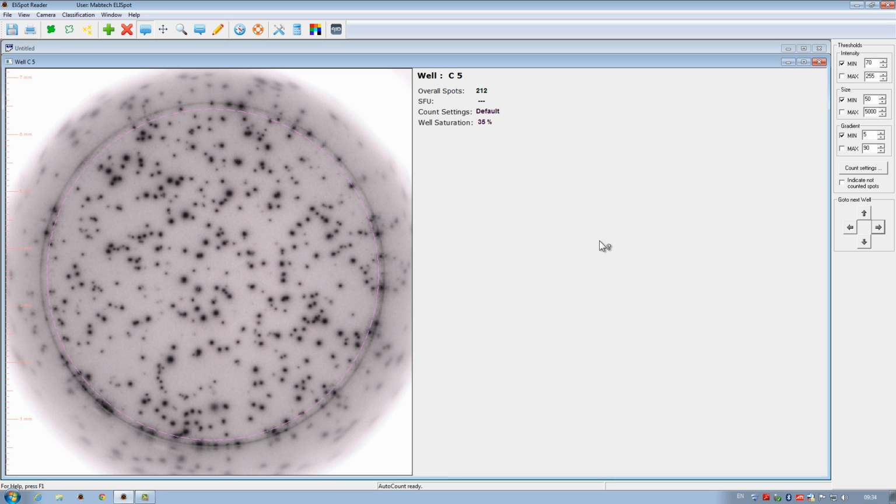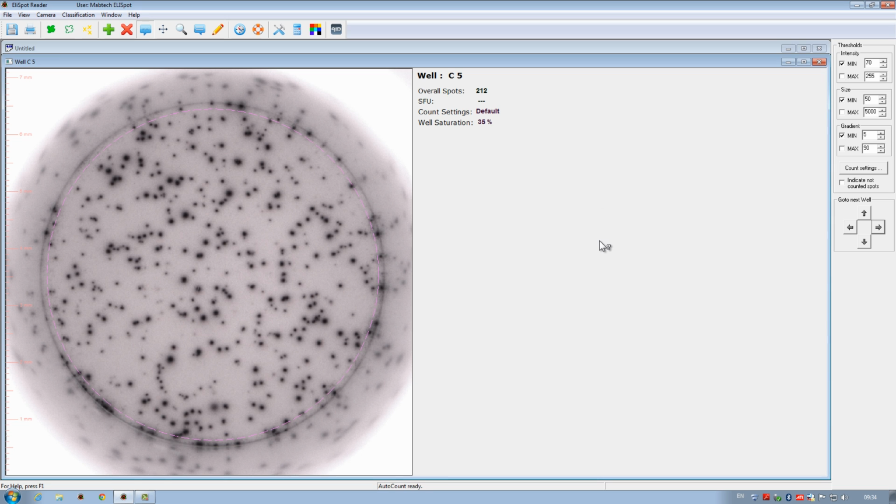Above, you have a number of clickable buttons that give you access to features such as removing artifacts, adjusting the position of the AOI, and showing you which spots have been counted. This last function actually has 3 different options, in that counted spots can be indicated using either yellow crosses, blue circles, or colored dots. On the right hand side, we have the count setting thresholds that decide which spots are to be counted and which are not.